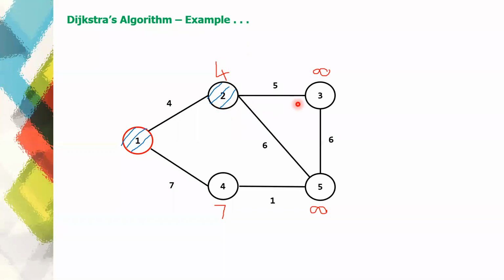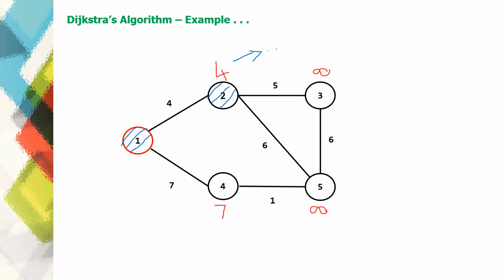Node 2 is also connected to node 3. It is also connected to node 5. These two are unvisited nodes. So apply the relaxation procedure on node 3 and node 5. Applying the relaxation procedure, you'll have to make some calculation. And the calculation is, you have to sum 4